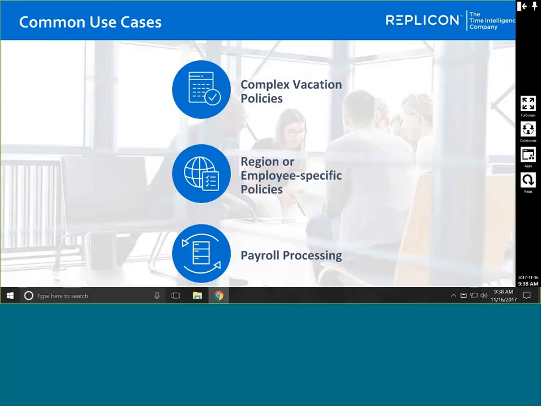So JCI is an example of a customer who's using our new enhanced time off for these reasons. They were a large enterprise, and they realized that they were starting to come under litigation risk because they had multiple locations and multiple systems in each location and a different process, and they were all manual in each of these locations. And it didn't help that they also had complex PTO policies as well.